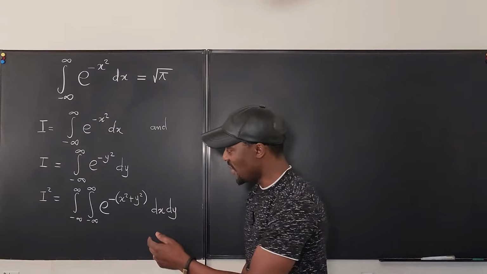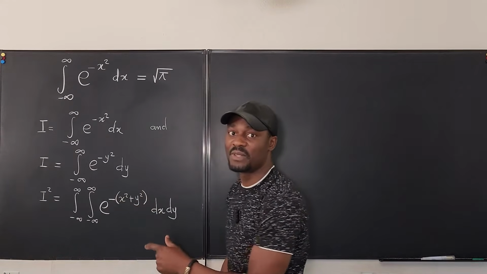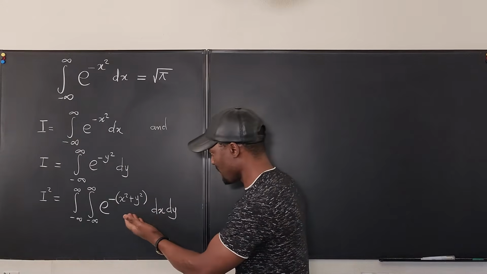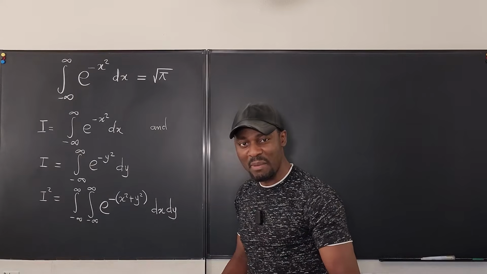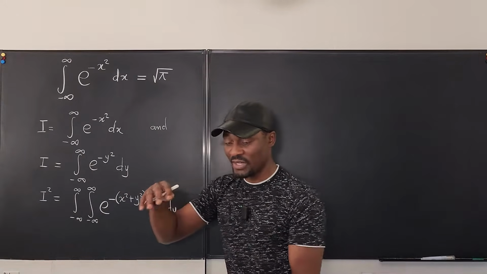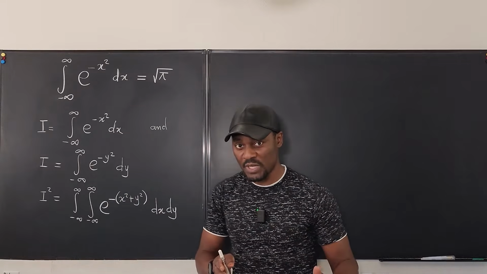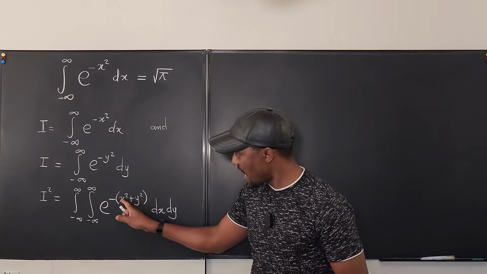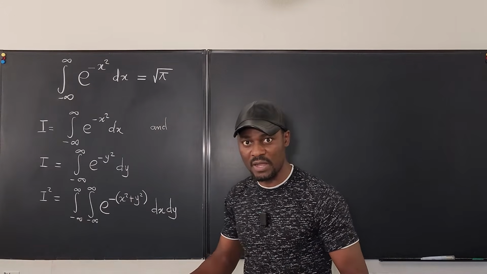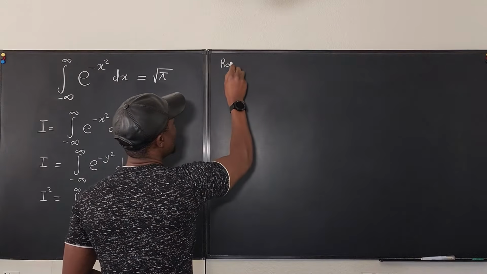Because typically when you integrate e to something, you need something beside it to take care of the derivative of the exponent. But now I don't have it. But there's something we know. Remember from our transition from rectangular coordinates to polar coordinates, there's something that looks very familiar here. I can change x squared plus y squared to r squared. Okay, so you should recall, so let's do this. Recall